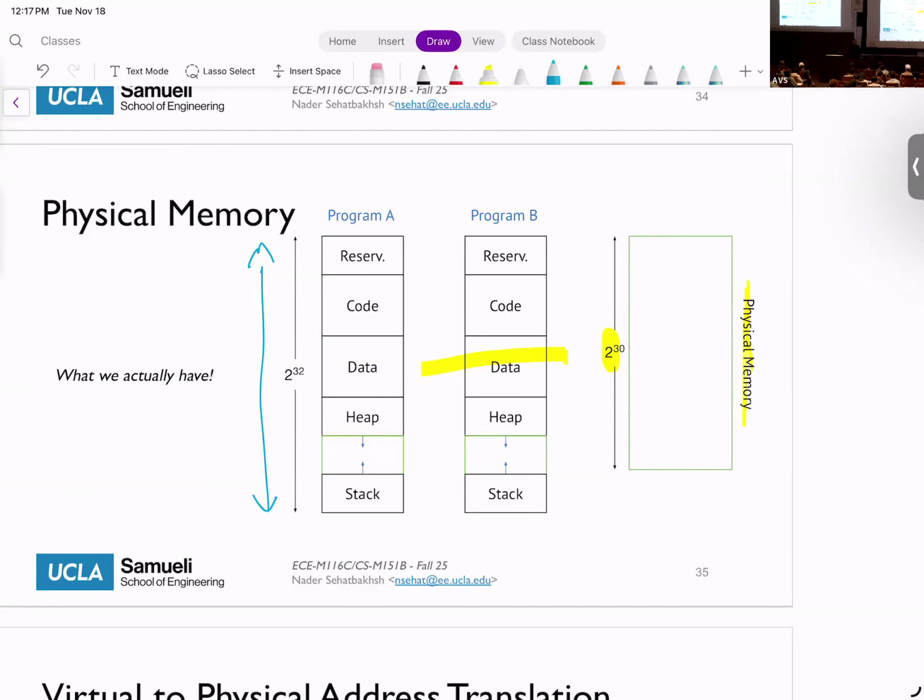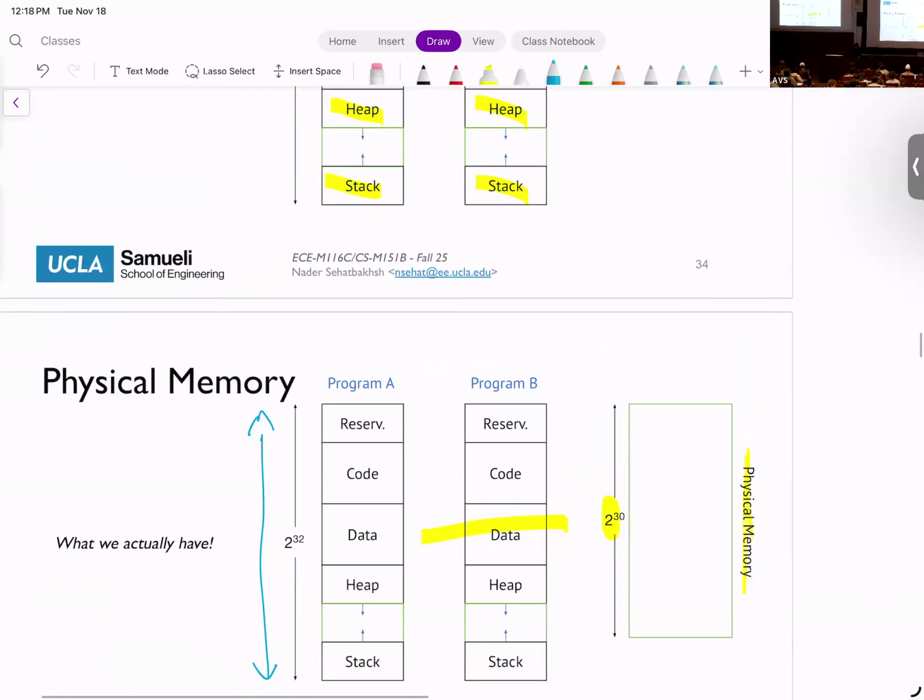So, for example, if the operating system starts a new process, it will say: you know what, this is some amount of memory you have for your code section, this is some amount of memory you have for your data section, and so on and so forth. If you need more, I'll give you more. Of course, there will be some cases where your memory will be filled up. So when, for example, you load a huge file and your computer crashes, it's because it runs out of actual physical memory. But in most cases, the amount of actual memory that you use is significantly less. That's why you can load a bunch of these things at the same time.